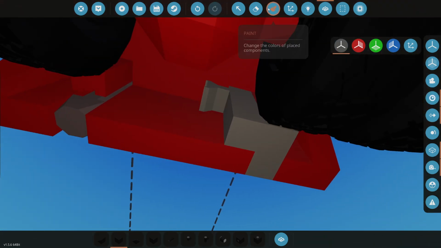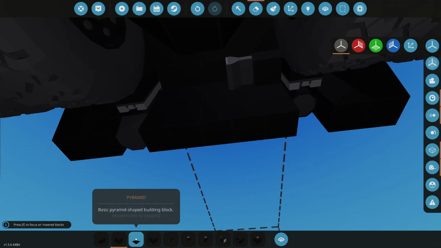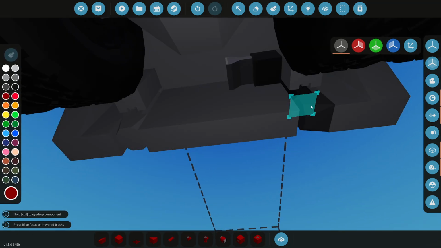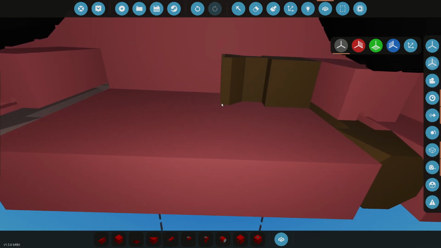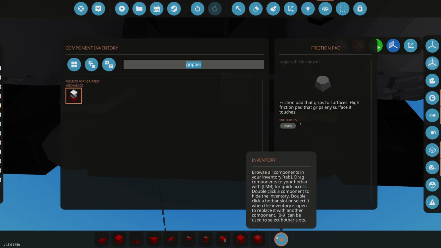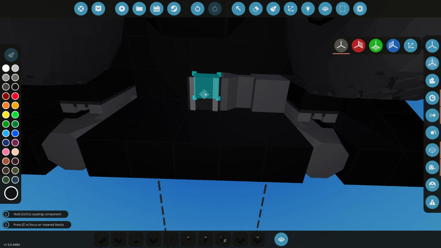And so now we can delete all this stuff in here, and I can put the friction block back in. So this will slide up and down with both of these. All right, and I did hook it the correct way. Okay, good. And so now I want track pieces, and these will go right here,